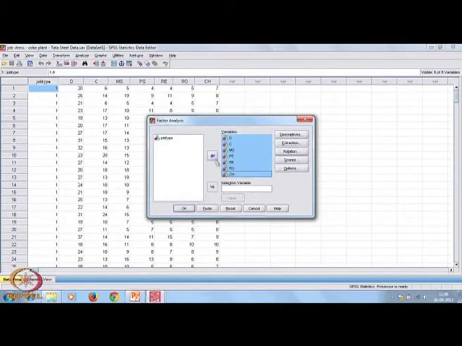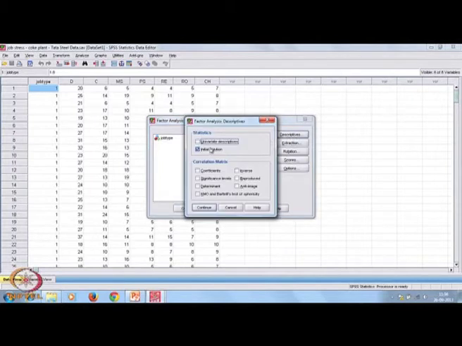Okay. And then there are many other things like Descriptives, where you may be interested in variable descriptions, initial solution. You may be interested to know the coefficients, determinant, KMO and Bartlett's test. The KMO test is known as the Kaiser-Meyer-Olkin test.